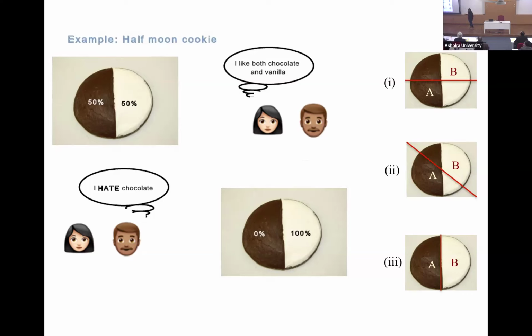But in any allocation, Alice is only going to get, like if you allocate the cookie so that half of the cookie goes to Alice, Alice is only going to get 50%, right? But in either of the cases, can Alice or Bob complain that I didn't get a fair share, or I like the other's allocation better than my allocation?